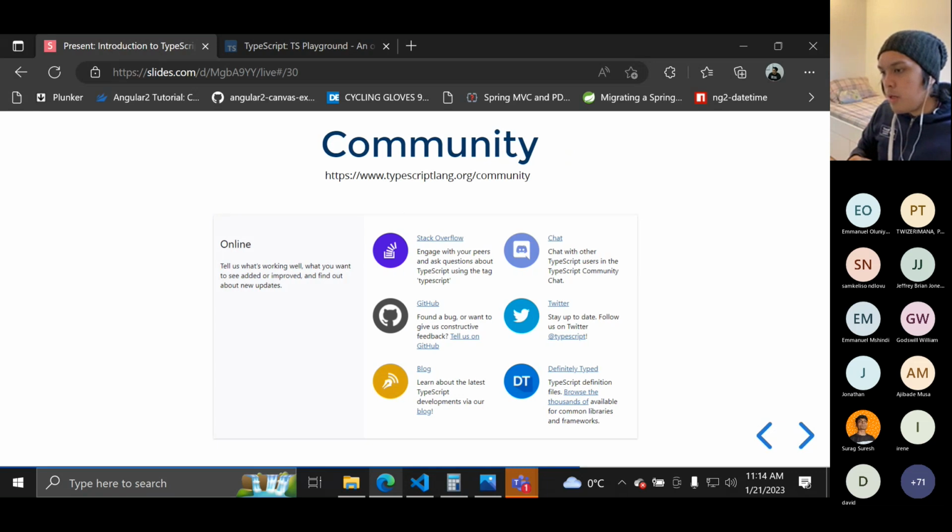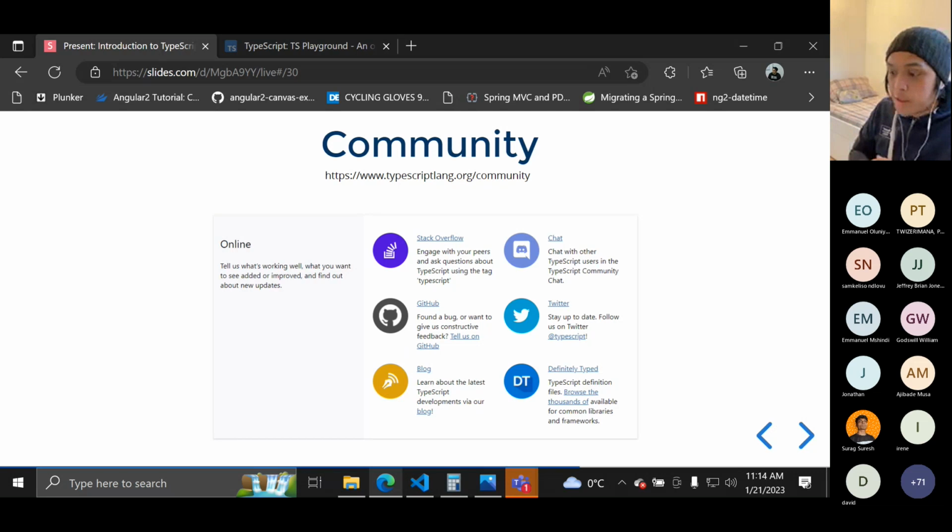I'm just one of the sharers of TypeScript, but TypeScript has a lot of very useful communities. I will share the slide later with you guys, so you can have the links that I have here. These are just some of their communities. They have Stack Overflow, they have their GitHub.